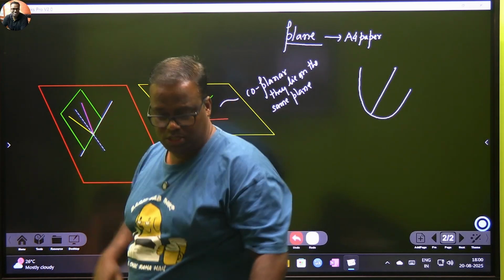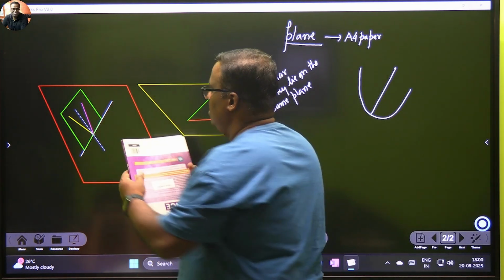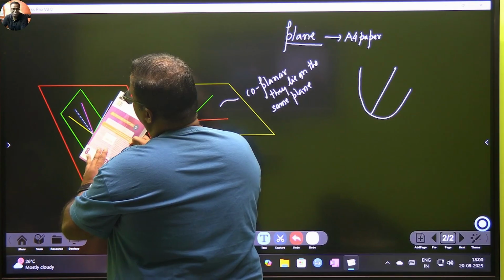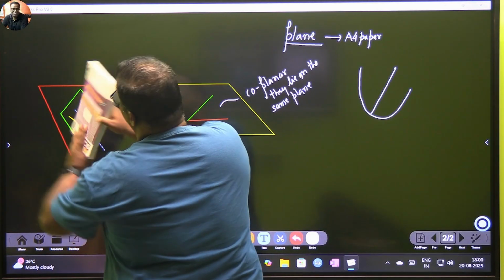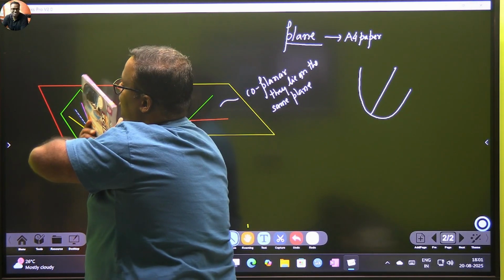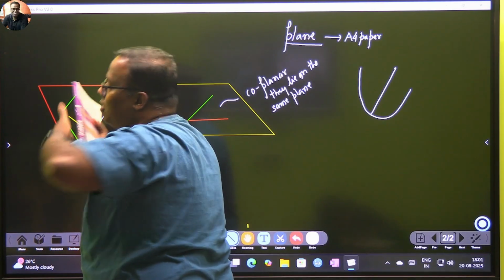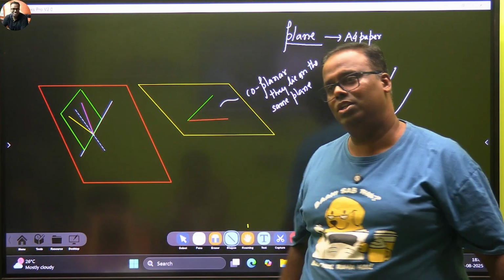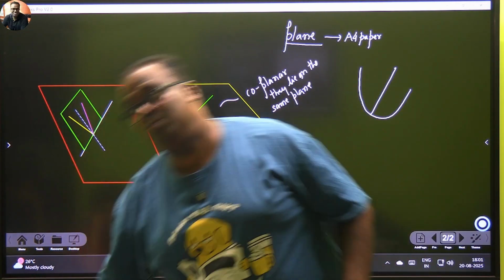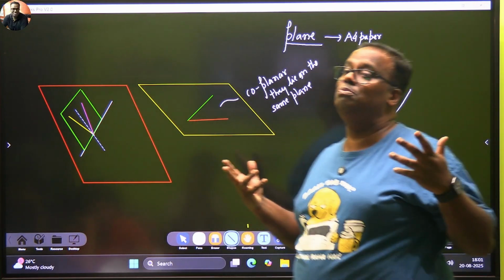One A4 page, how can my A4 pages get aligned? One page may be like this, one may be at 30 degrees, one at 60 degrees, one like that. Any different way. The only condition is the rays are always coplanar. Have you understood? Will you be able to explain it to anyone when somebody asks you what you mean by the